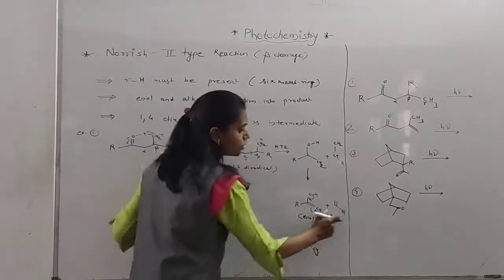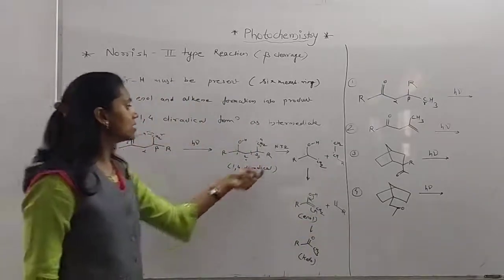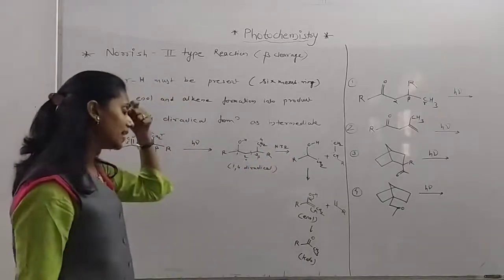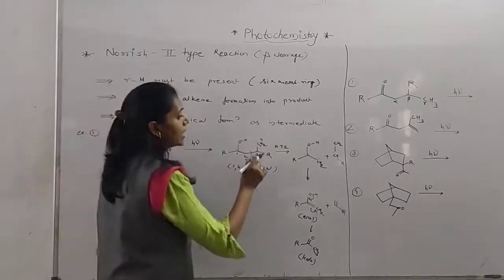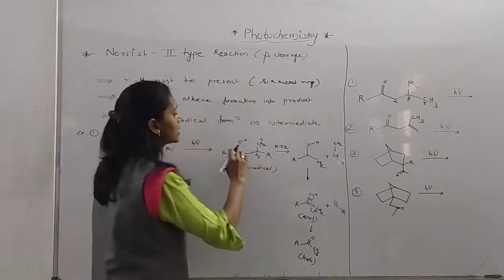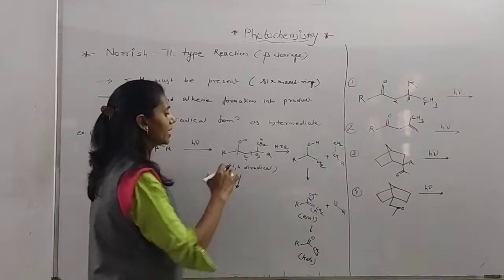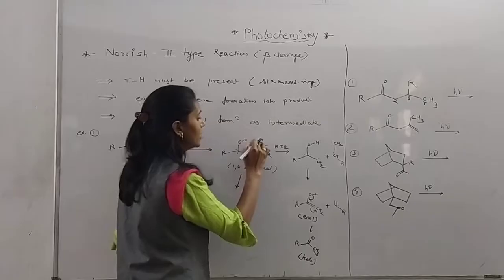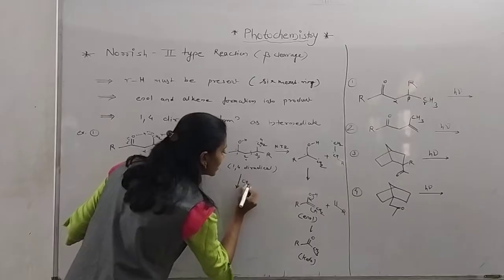Okay, one is the ketone and another is the alkene form. Since this reaction goes through the Norrish type 2 reaction, there is again one case where we get a different product also. If no Norrish type 2 reaction happens, that means there is no beta cleavage, or we do not break the alpha-beta bond, and directly bond formation takes place between the first and fourth diradical, and we get the cyclic ring. That means cyclization takes place.